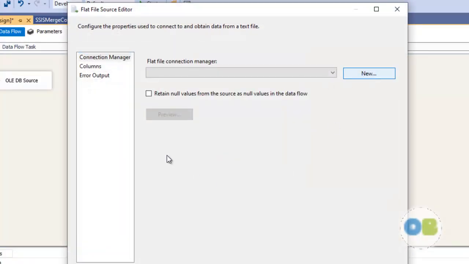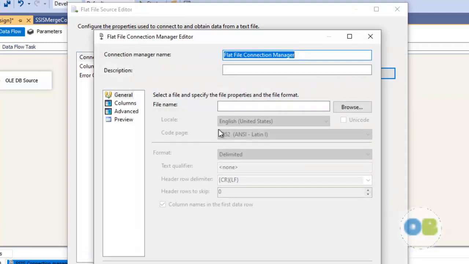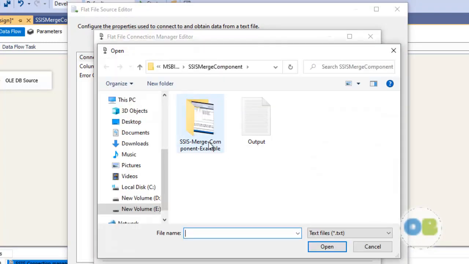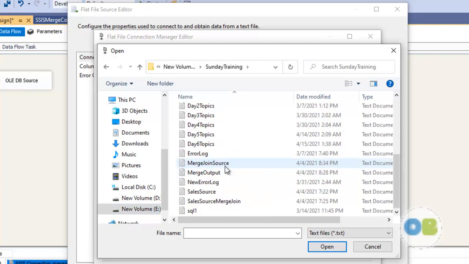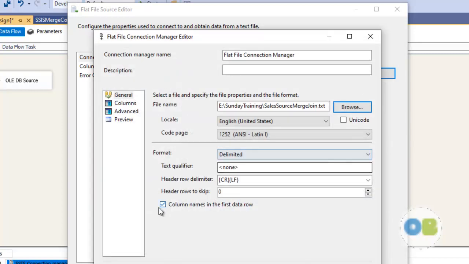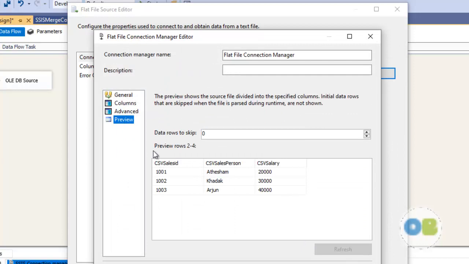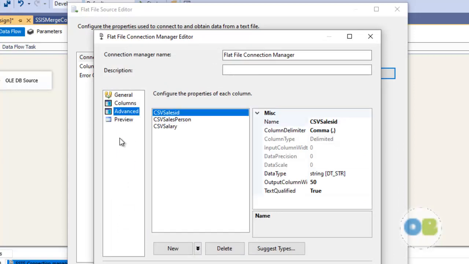Okay, so let me configure my flat file source here. I will say new. So here I will say browse. I will go here and so there you go, you can see that. Let me just pick this. I will say preview. There you go. Let me change the data types.